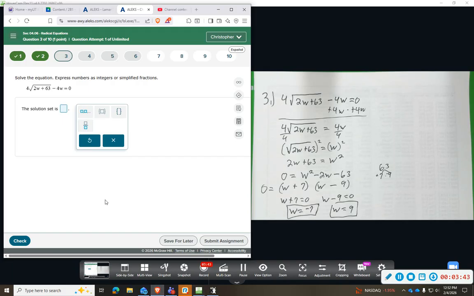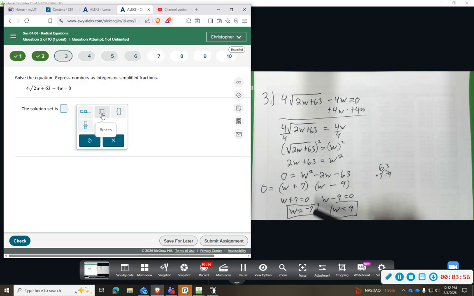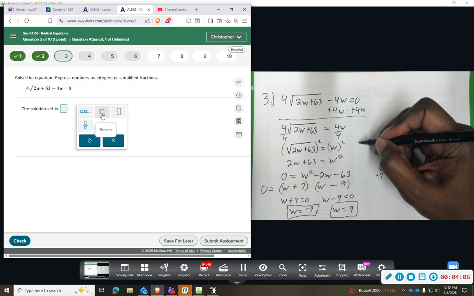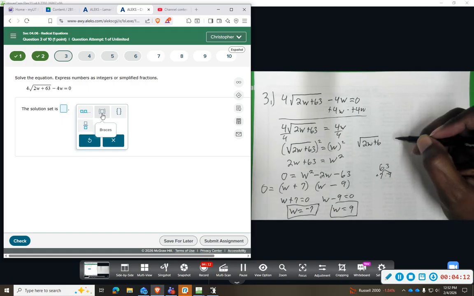Again, in this section, they want us to use the brackets. However, when we're doing these square root terms, it is very important that you plug these back in and check. I would even say from here, before we squared it, if you check at this step right here, square root 2w plus 63